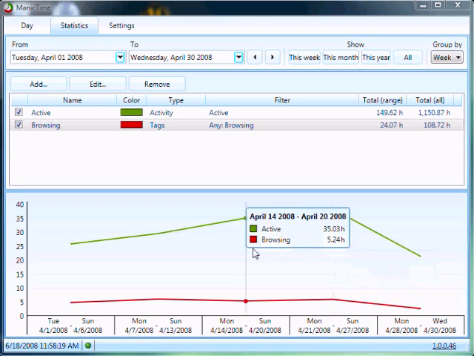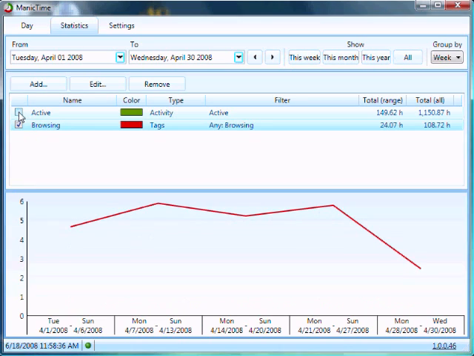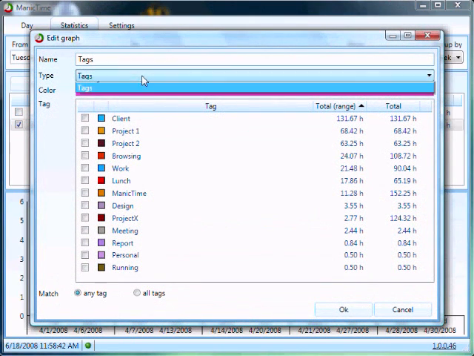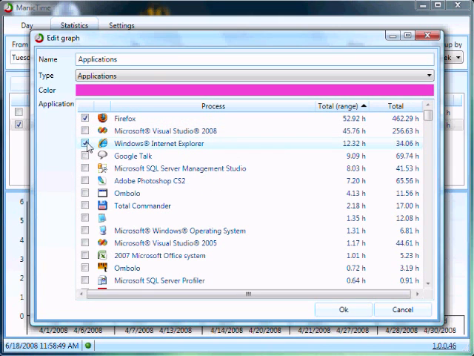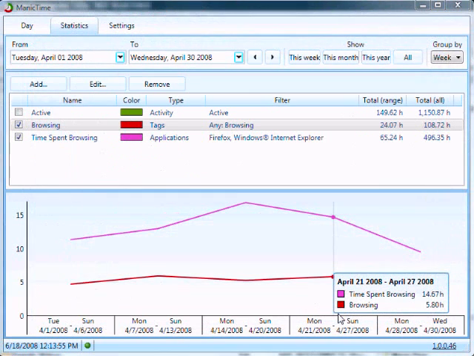Now let's add some more. Let's say I want to see how much time I spent using both Firefox and Internet Explorer and compare that to my browsing tag. That will tell me how much time I spent browsing for work and how much time I spent browsing sites unrelated to work. Now first I'm going to deselect active time, since I don't need that in my comparison. And now I'm going to click Add, and I'm going to select the applications timeline. And I'm going to select Firefox and Internet Explorer. And I'd also like to change the name of this statistic. So I'm going to type in time spent browsing. And I click OK. Now I can see that nearly 1/3 of the time I spent browsing sites unrelated to